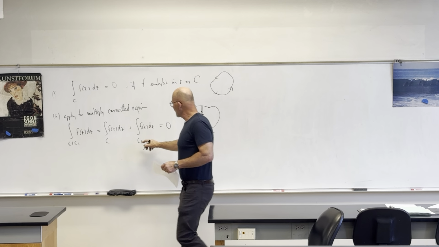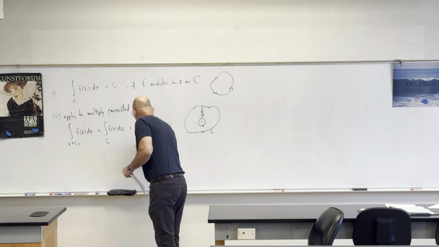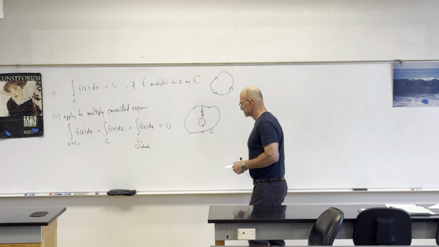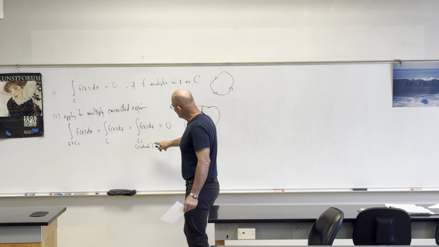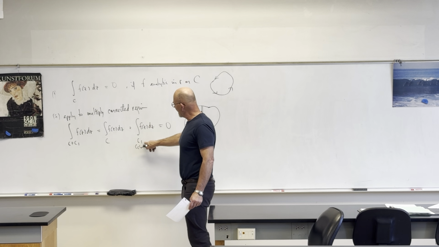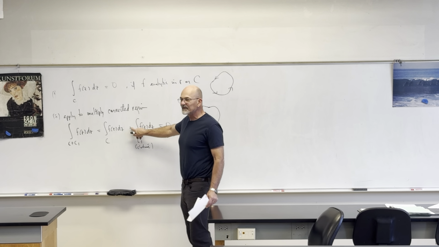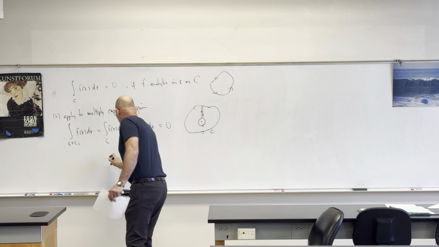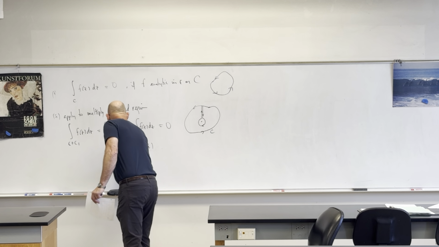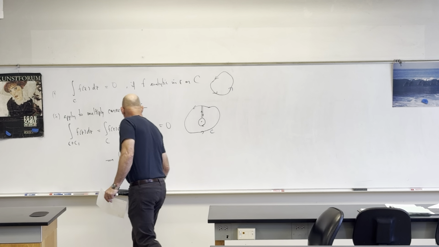So this one here is clockwise. But if I do this one counterclockwise, then I pick up a minus sign and I send this over to the right side and I get f(z) dz around the outside